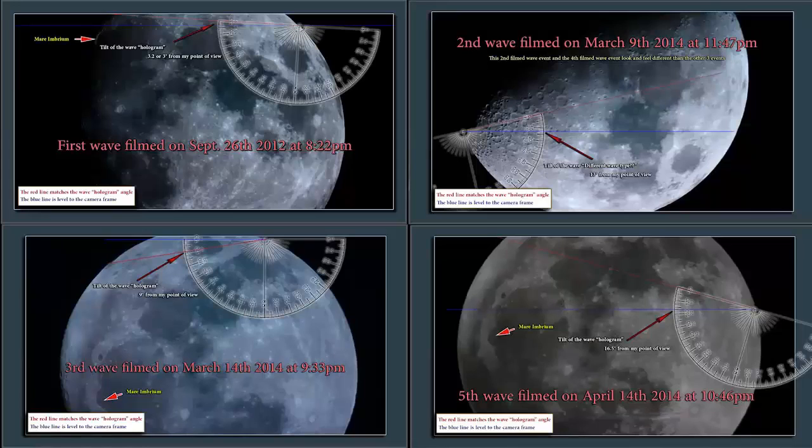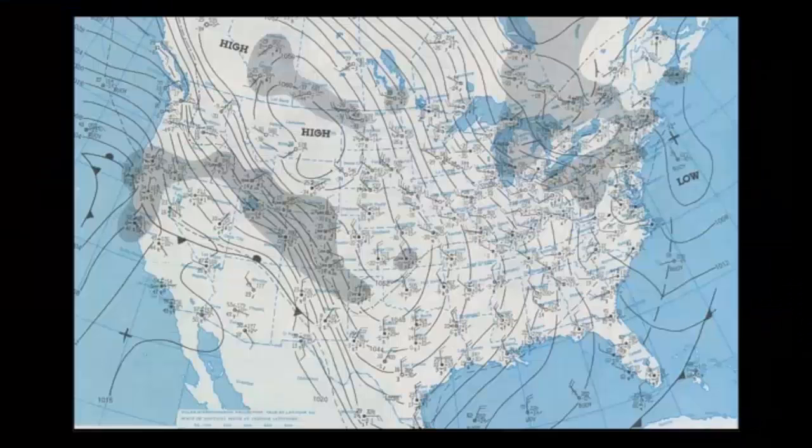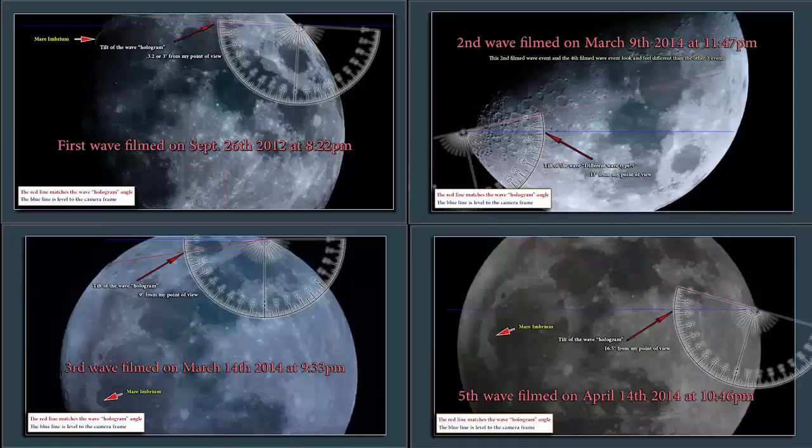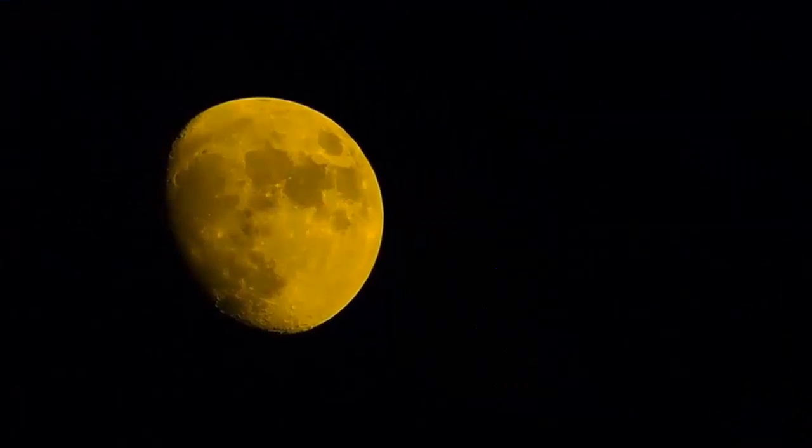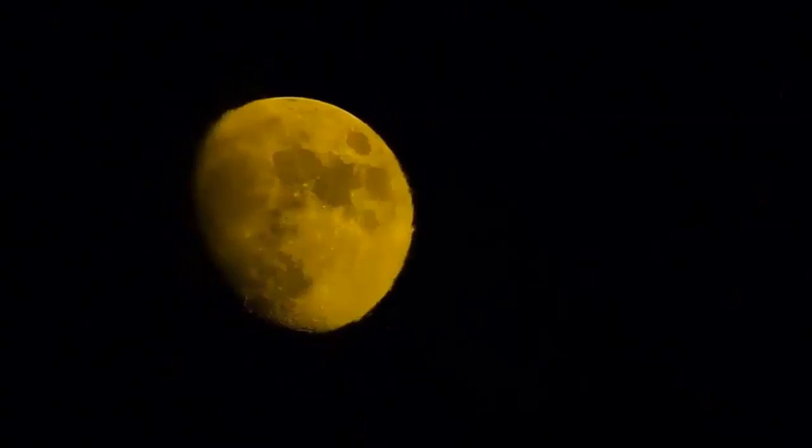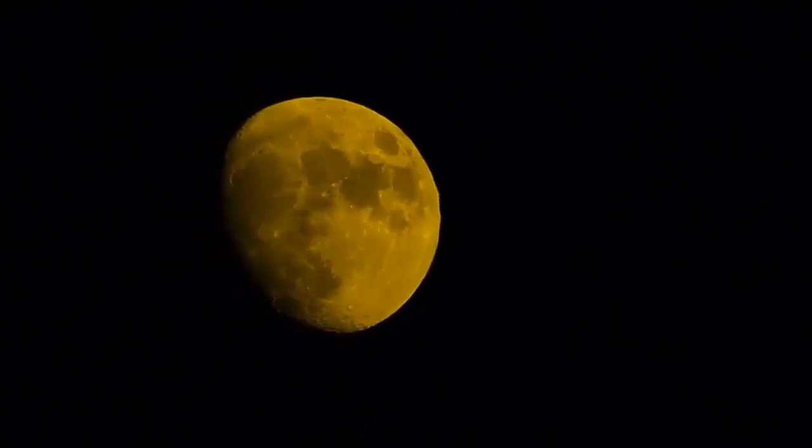Now I'm not suggesting that all apparent lunar waves are caused by aircraft as we've seen here. I do believe that they're also caused by other phenomena such as passing warm and cold air masses, and as I mentioned, possibility of gravity waves or buoyancy waves as are also known, and I will be following up on that research in another video. But I did want to point out that certainly an apparent lunar wave can be caused by natural phenomenon such as aircraft passing, which is disturbing the atmosphere as we clearly see in these videos.